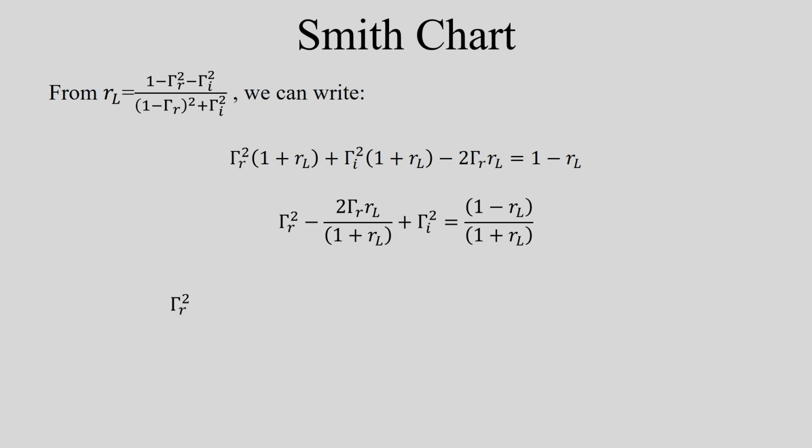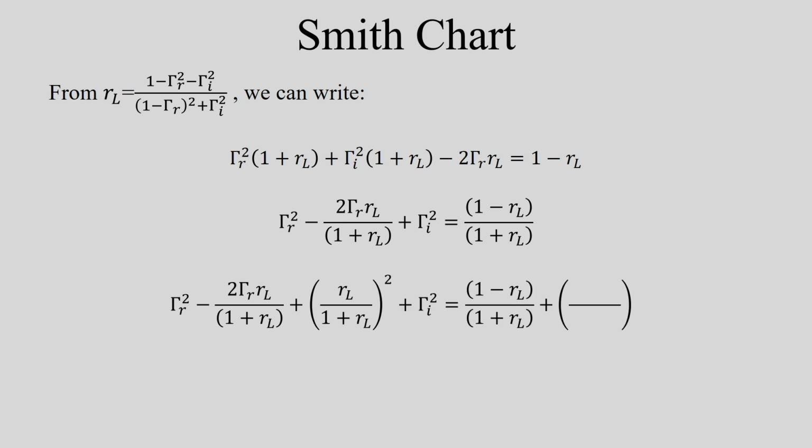Now, by adding RL divided by 1 plus RL whole square on both sides, we get this equation, and from this we get gamma R minus RL by 1 plus RL whole square plus gamma I square equals 1 by 1 plus RL whole square. So, we can see that this gives us a circle if we plot it in the